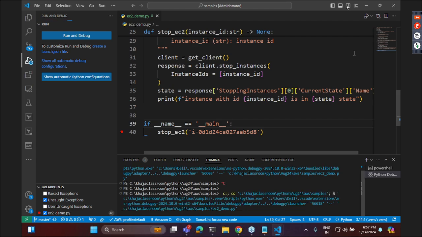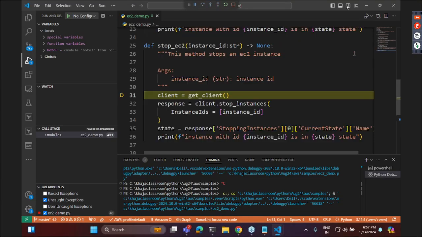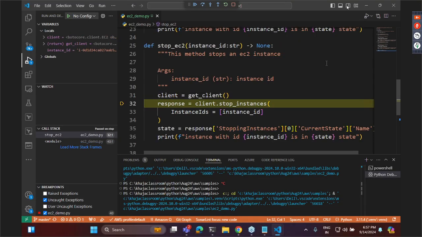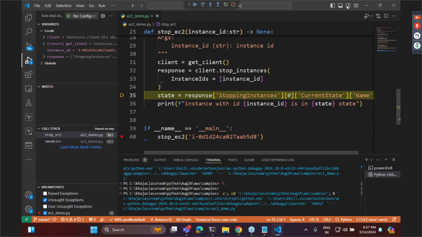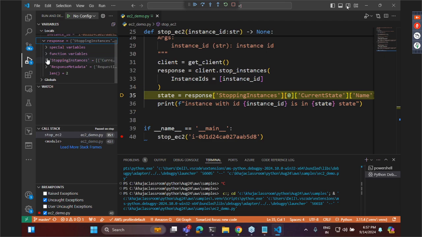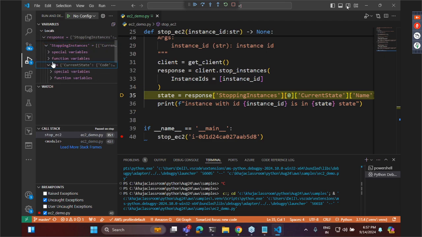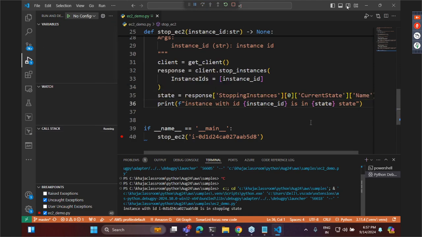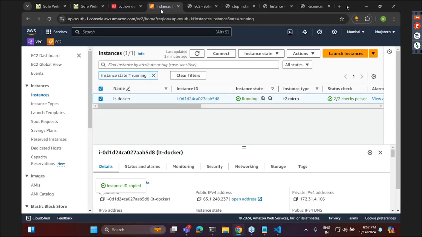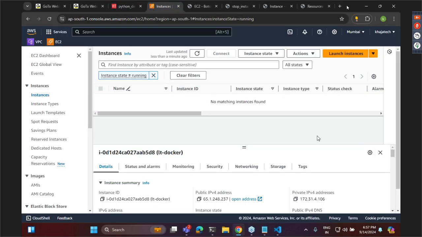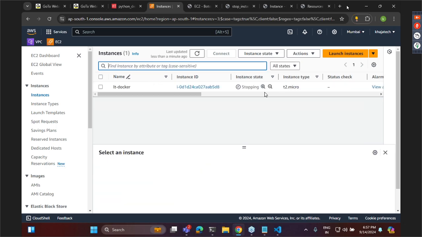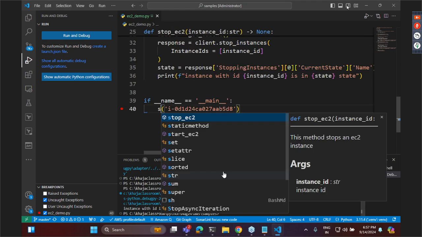Right. Now get the client response. And now if you try to look at response, are you seeing stopping instances? In stopping instances of 0, are you seeing current state? And what is the current state? Current state code is stopping. And now let me try to print this. Let us try to see what is happening on AWS. Okay. Are you seeing is the machine in stopping state? Yes. Now let me try to